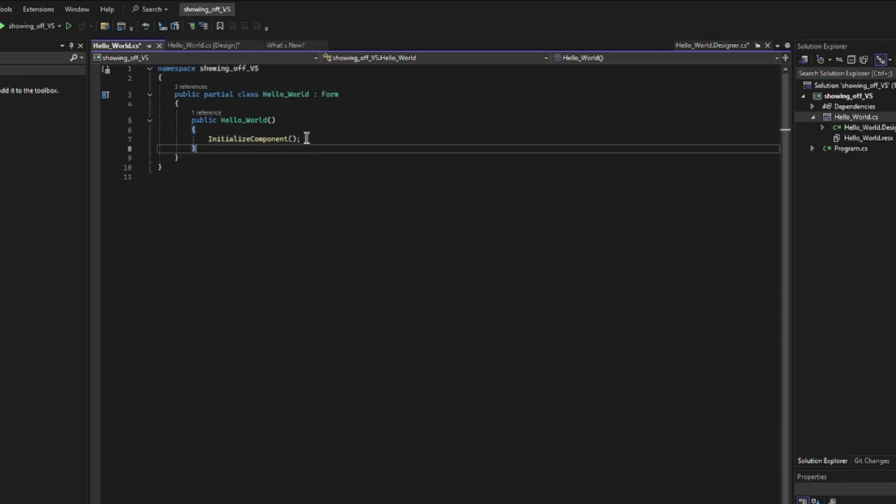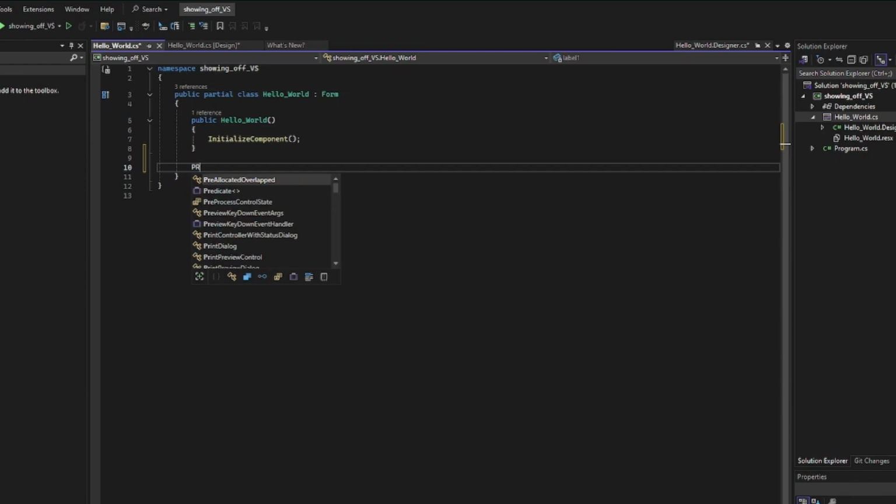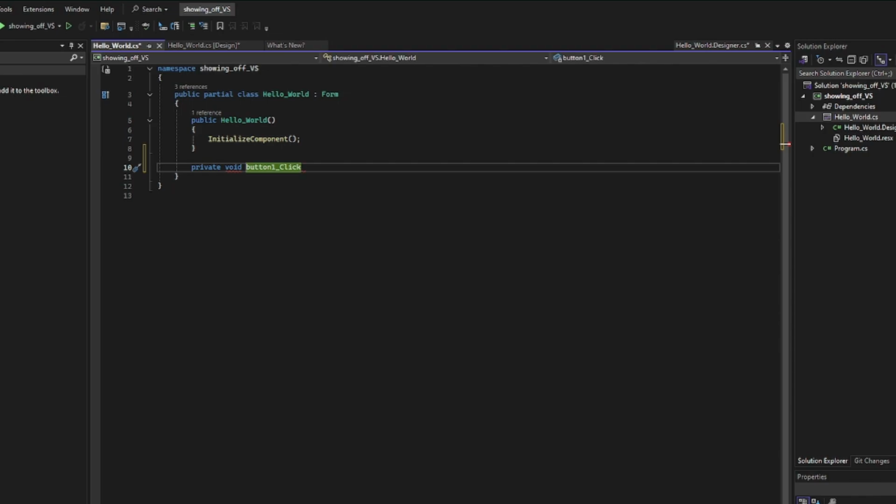We're also going to have syntax we have to worry about. Notice we have a semicolon here. Now, we're going to leave this alone because this initializes the component, and that's all we're worried about. What we are going to do is go to that last bracket right there, hit the enter button twice, and then we're going to type in private. Let me go lowercase here. Private void, and then we're going to go button1, which is what it's called, underscore click, and then we're going to open parentheses. Object